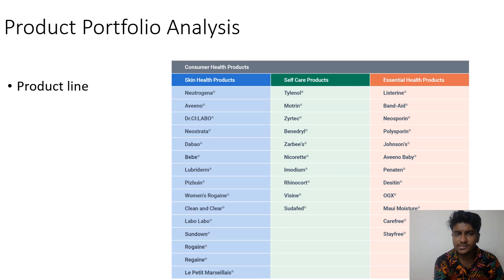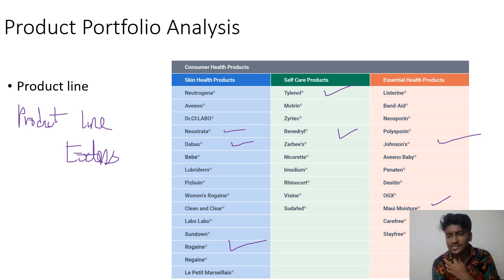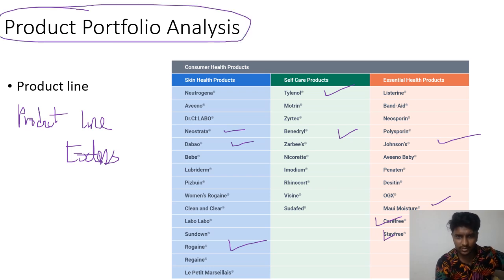Product portfolio analysis. There are so many other terminologies like product line extension and brand line extension. These are examples of product line extensions. In skincare products, we have Neostrata, Dabo, Rogaine. We have Tylenol, Benadryl, and many more. These are product lines. Johnson's, and then we have Molly moisturizer, Stay Free, Carefree. These are all called product line extensions, and these are very important for product portfolio analysis. Whenever you see a product portfolio, you need to have an idea of what that product is and how you will